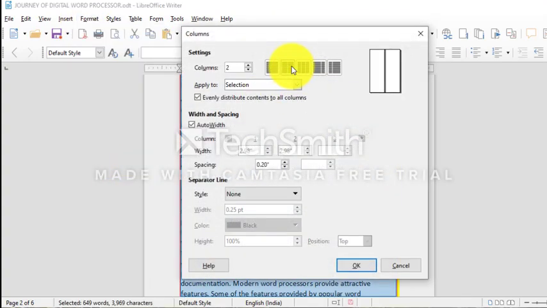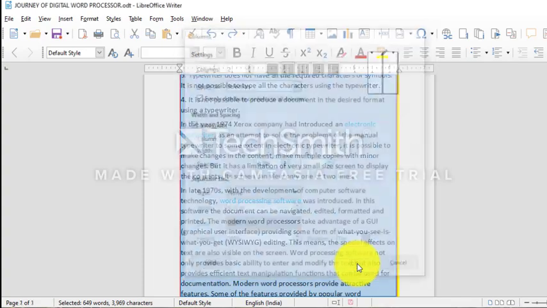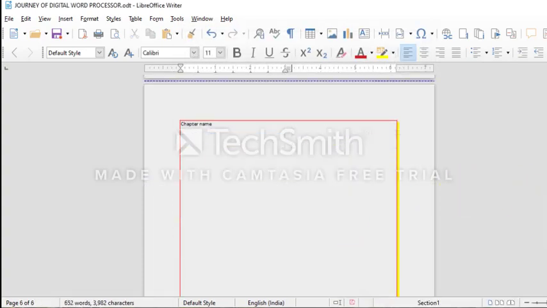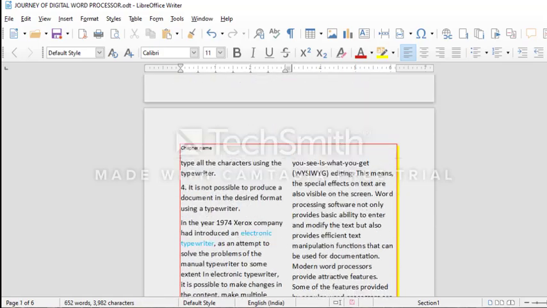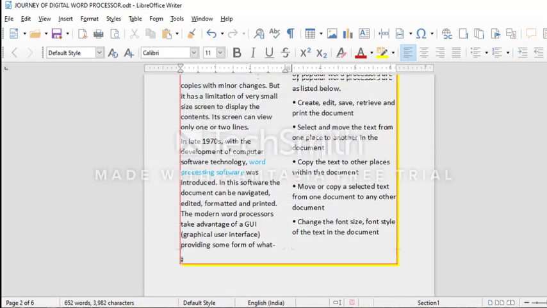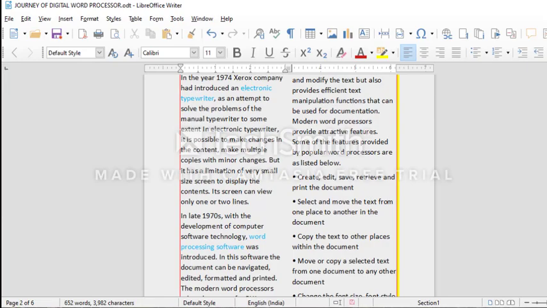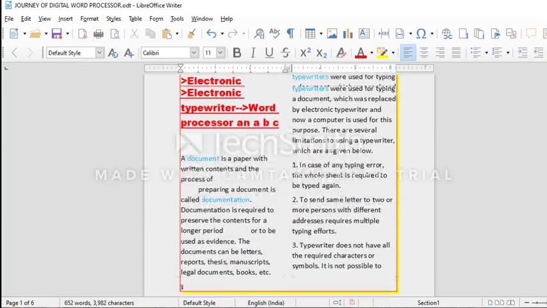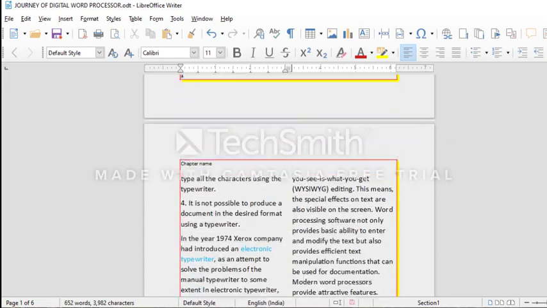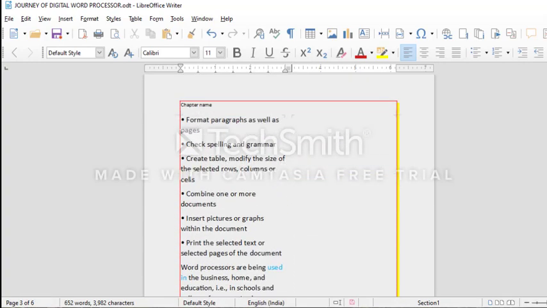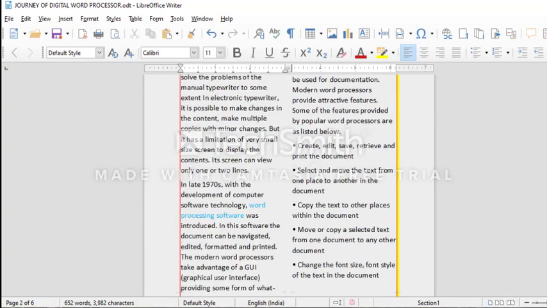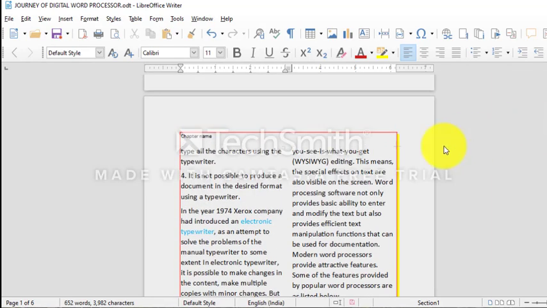Click OK. And now you can see the complete document is in 2 columns. So this is how you can set your document, whether you want 1 column or 2 columns, as per your need. So how to insert columns? Go to Format and then Columns.